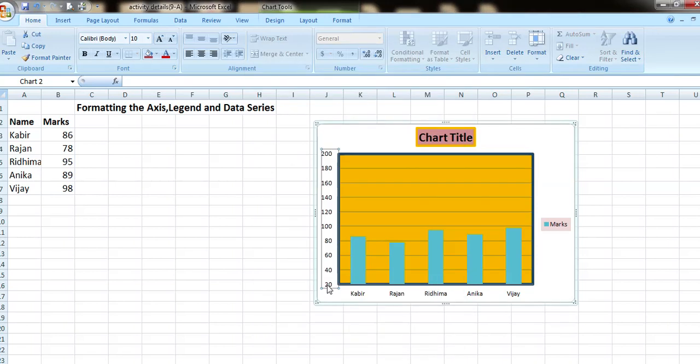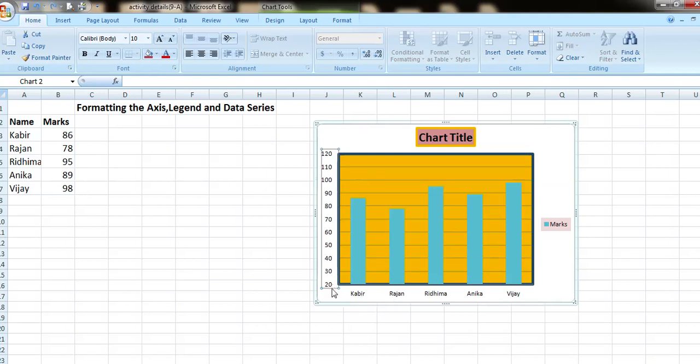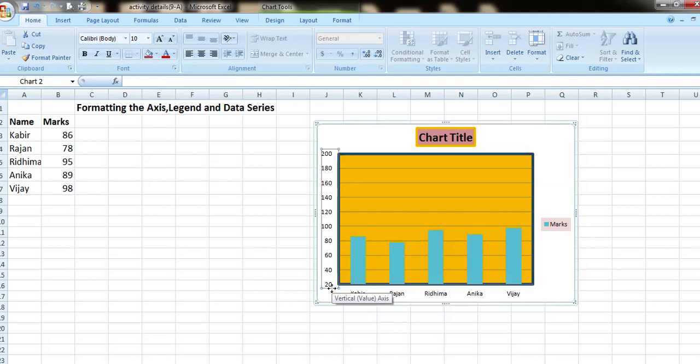Now you can see the difference: the value of the vertical axis has changed from 20 to 200 because I have given the maximum range here as 200. In this way we can change the value of the axis or format the axis.